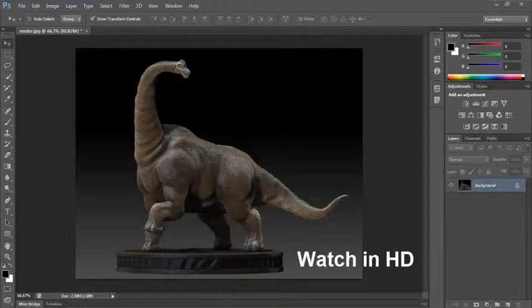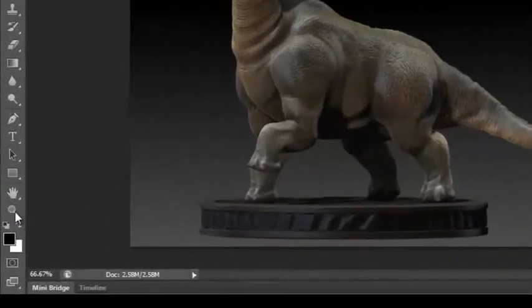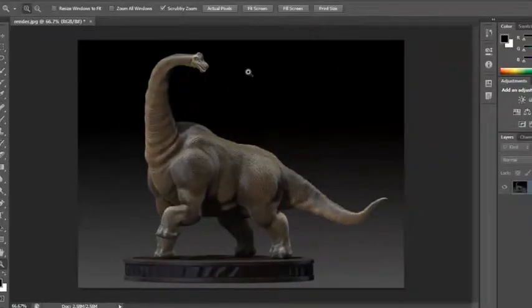So in this video I'm going to show you how to navigate within Photoshop CS6, and by navigation I mean how to zoom in, how to zoom out, and the basics of how to work within the work area in Photoshop CS6. So a way to zoom in is you have the option to zoom in within our tools here in Photoshop. So if you click here and you get that zoom in icon,